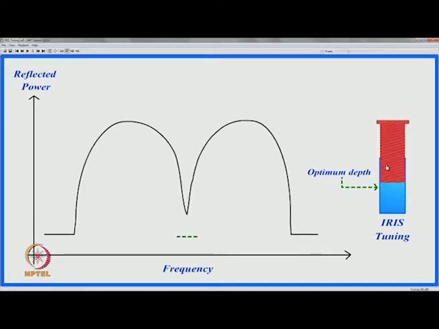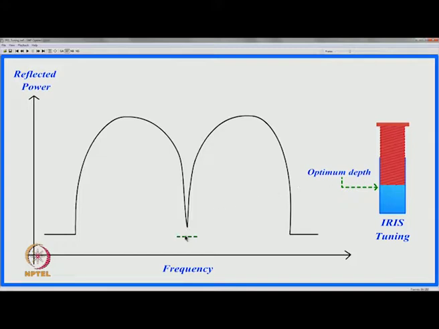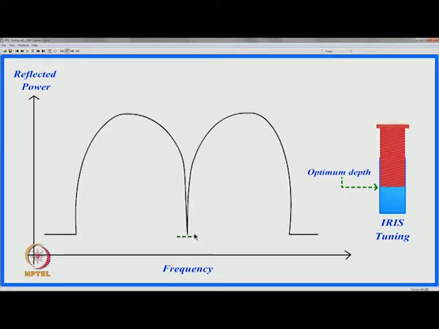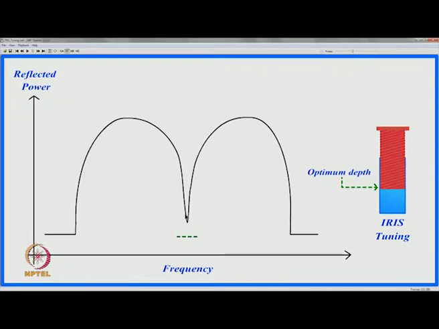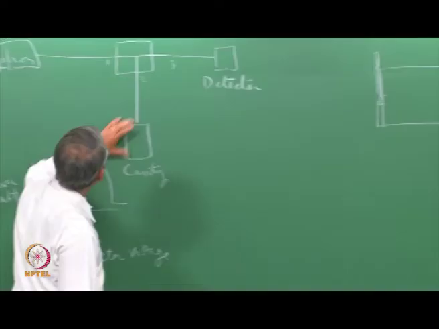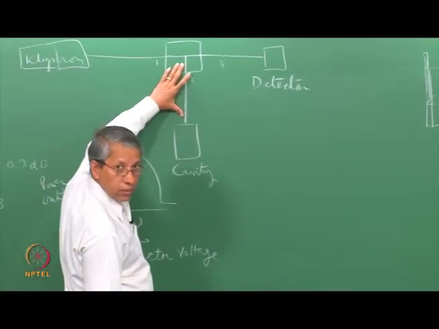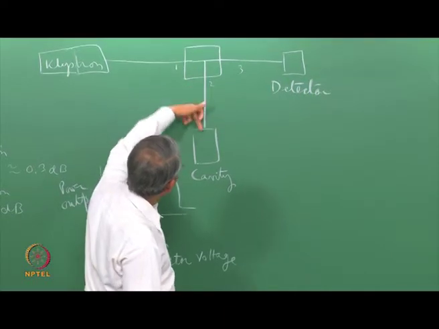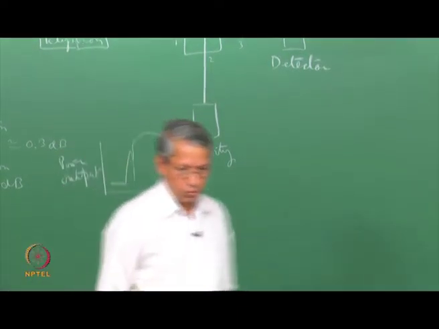So, almost this is the 0 level, where reflection will be almost 0. So, here it almost touched 0. Now, if we go beyond that, this will further start reflecting microwave power. So, this position where it goes to the bottommost is called the critically matched cavity or critically coupled cavity. The cavity is critically coupled to the waveguide that allows the microwave to come in. We will do it once more.